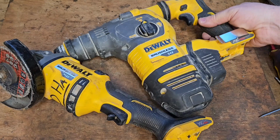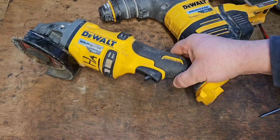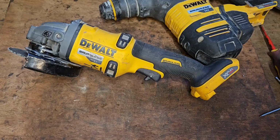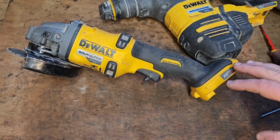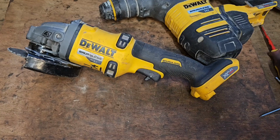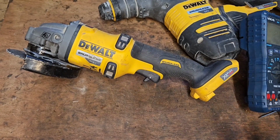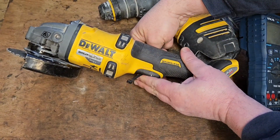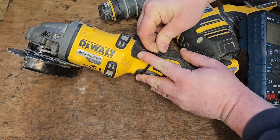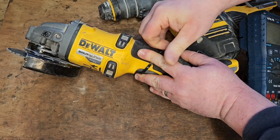So what you have to do if you have an offending machine like this that's giving you trouble, if it stops working, don't try another battery on it. That's the golden rule before you do this. This test could save your batteries. First of all, you cable tie the switch on in the on position like this,